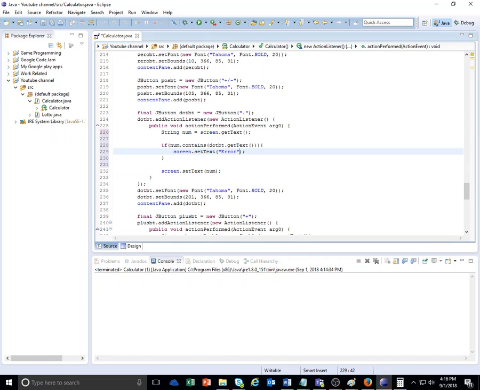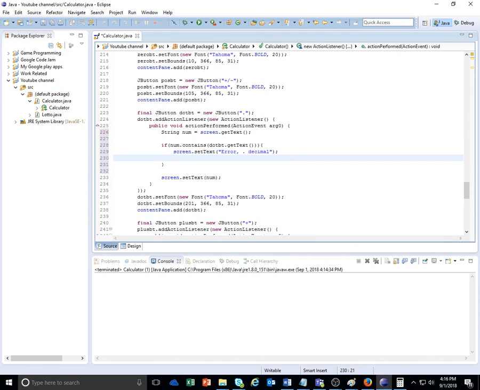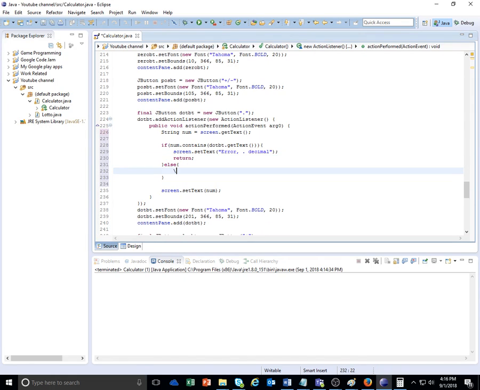So we just say error slash dot decimal. I'll just put it like that, and then just return, meaning get out of this method. Don't do anything. But if it doesn't have,